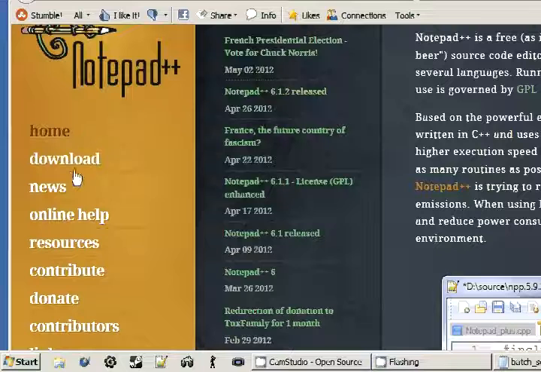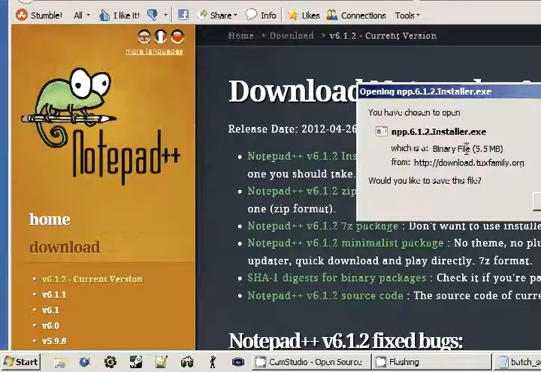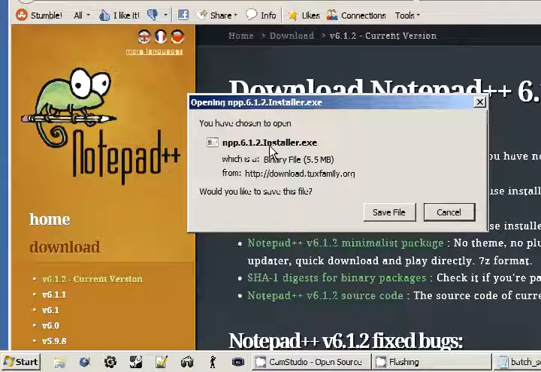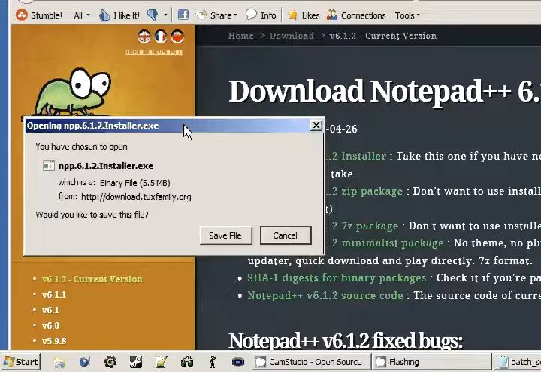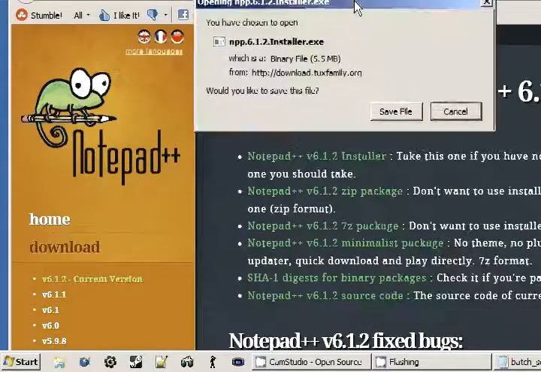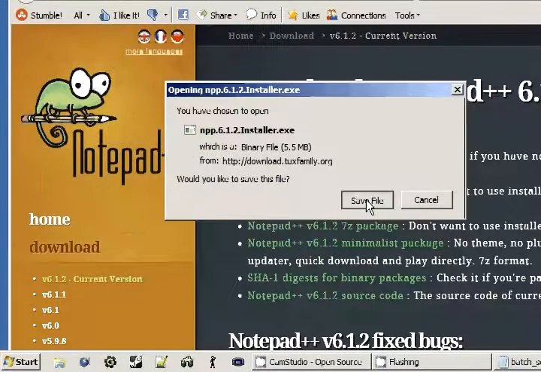Now what I'm going to do is hit the download button right here. The web page may have changed by the time you actually watch this series, but for my case, it's simple enough to look for the download button or download page, and it'll take you to what we need. Now, if we select the Notepad++ 6.1.2 installer, which looks to be the latest version, in fact it says right here it's the current version. This is the installer, it's going to keep things really easy for us. We don't need any zip files or archives. We don't need the source code, we just want the program. So I'm going to go ahead and save this,